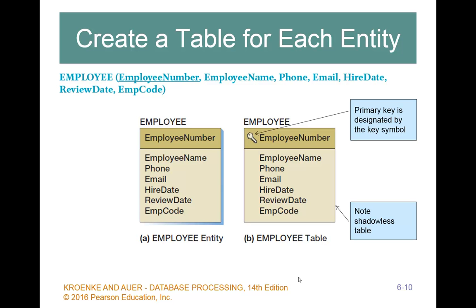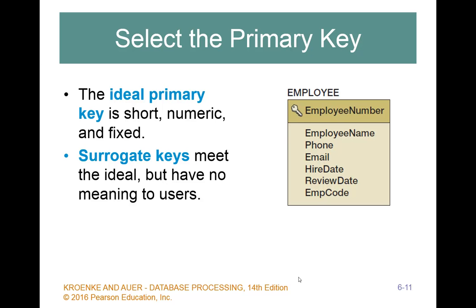Okay, so again, step 1 is we create a table for each entity in our ER models. As you can see here, everything kind of directly maps over in our table design, where our identifiers typically become our primary keys, and then our attributes become our column values in our table. So when we start talking about identifiers becoming our primary keys, obviously we want to make sure that the identifier fits the characteristics of an ideal primary key. It needs to be short, numeric, or fixed. If it does not meet those ideal characteristics, then this is the time that we must consider the use of